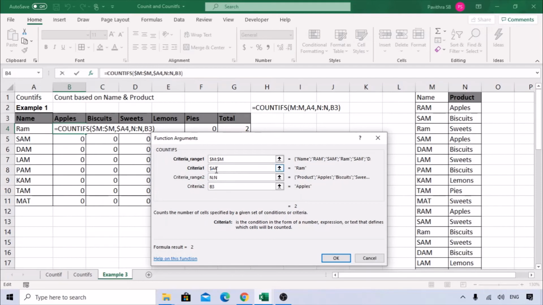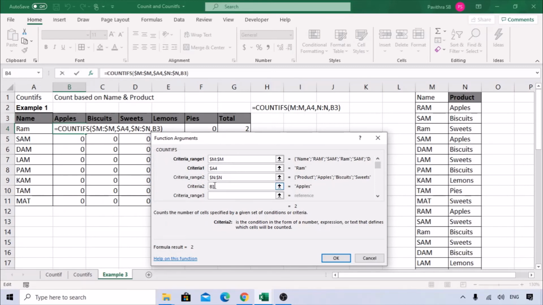So let's freeze. We will put a dollar sign next to the A column. It will freeze column A because all the names are in the A column. Numbers can change because we are copying the data down. We'll see how it works. Again here, criteria range 2 is the N column, so we need to freeze that using the F4 function. B3 is nothing but the top row of the products. Row number 3 is where all the products are. But the column can change, because we copy the formula to C, D, E, and F, while the row always stays constant for these headers.